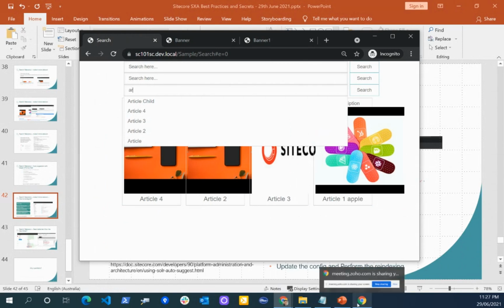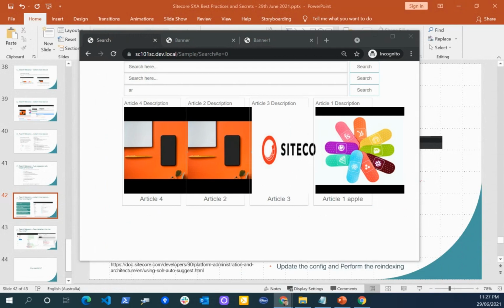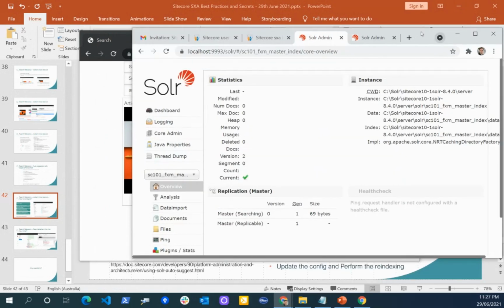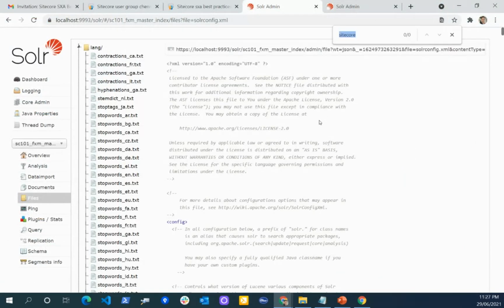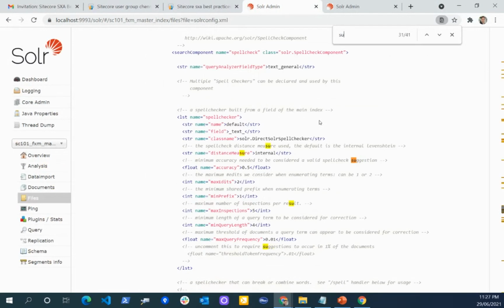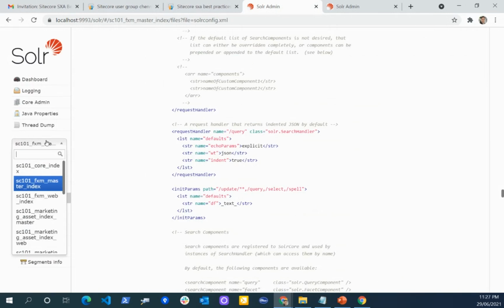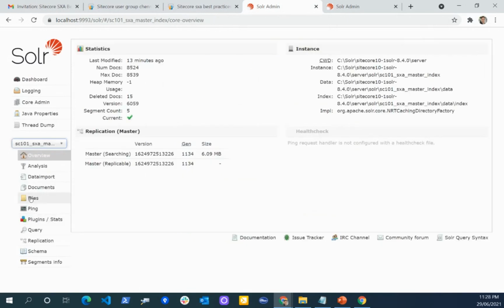Now I have more control, so I can configure more analyzers, tokenizers, and then the good part here is, if I can show you the Solr, the master file.